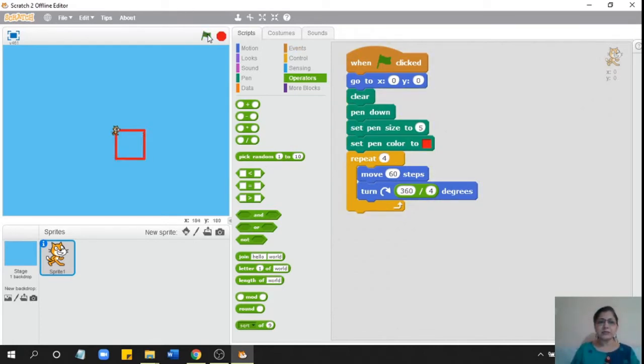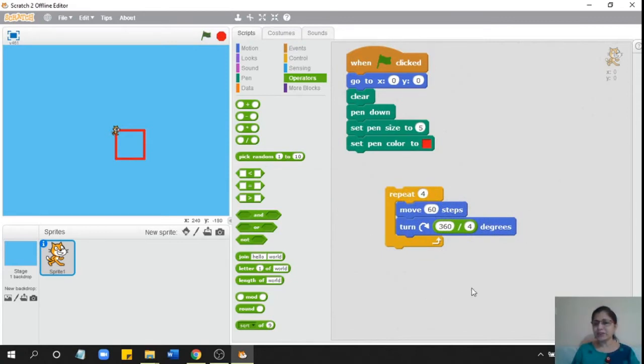Now see this. It is drawing a square, right? So all I did was, in the commands for the triangle, where this was 3 sides, I changed it to 4 sides. And here it had to turn 360 divided by 4. How many sides are here? That many. I divided 360 by that many. Whatever number I give here for repeat, that same repeat number I am giving here, and I am getting a polygon of that many sides.